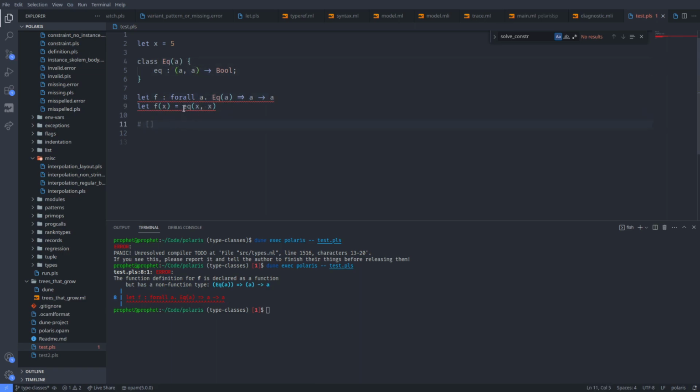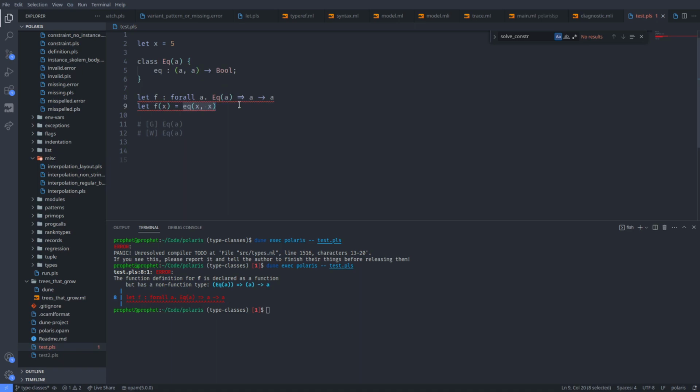Then inside this definition, there's going to be a given constraint of EQ a, and this is going to create a wanted constraint, also EQ a. GHC uses implication constraints for local definitions, and that's kind of complicated. But the way we're going to do it, for now at least, is to just carry given constraints in the environment. So when generating constraints here, this remembers that there's a given constraint EQ a,